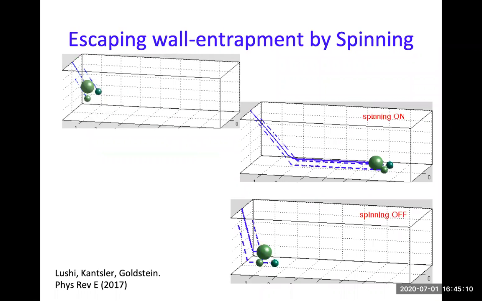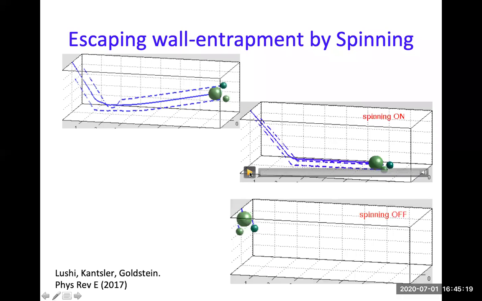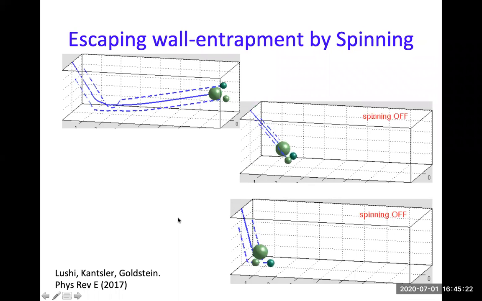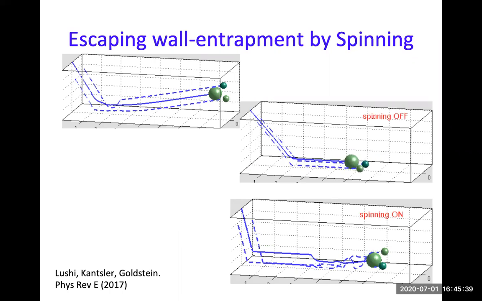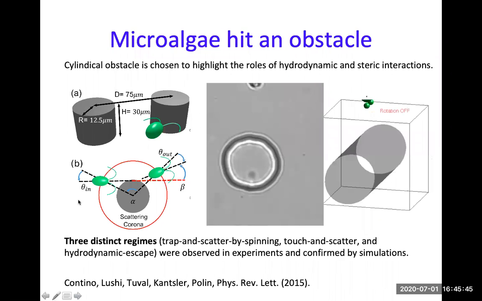So what happens? Well, it turns out that chlamydomonas spins about its axis, right? So is this spinning important? Turns out it is. If you have a swimmer that is going next to the wall and you turn on this spinning, it can turn into a more favorable position and then can scatter away, right? You'll see in both of these, if you turn on the spinning, the swimmer will turn and escape confinement. And we checked this with experiment. Matteo Contino and the group of Marco Polin did the experiments for this with a cylindrical pillar.